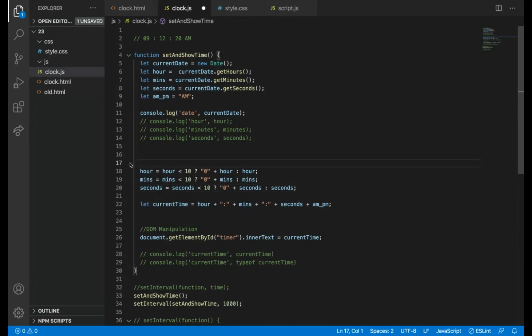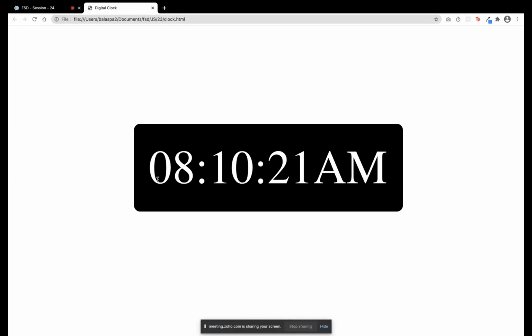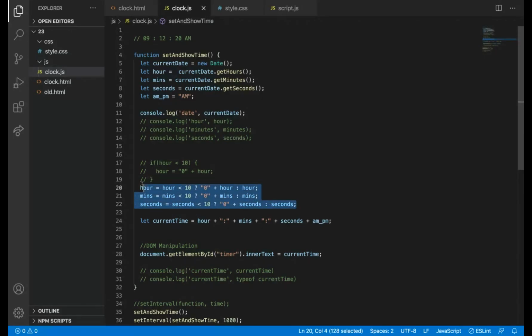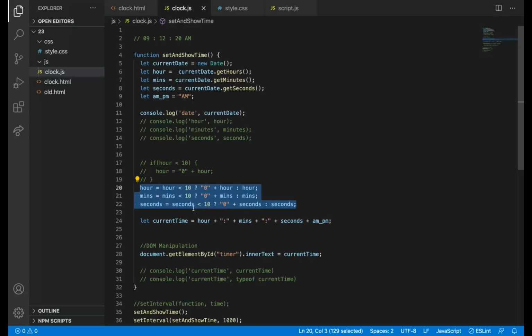I'm just keeping this if statement here for your understanding. So we have achieved this without the if condition, with the ternary operator. We have appended 0 to the hours, minutes, and seconds when the value is less than 10. Simple. So the next thing what I want is,